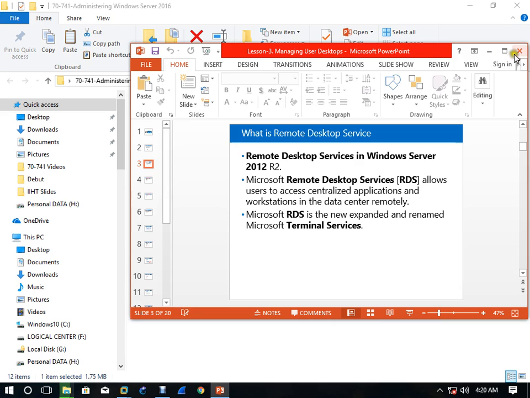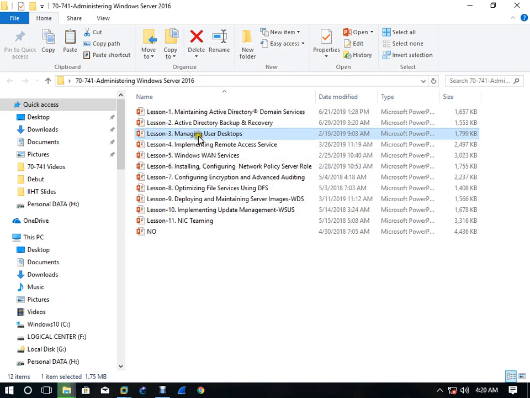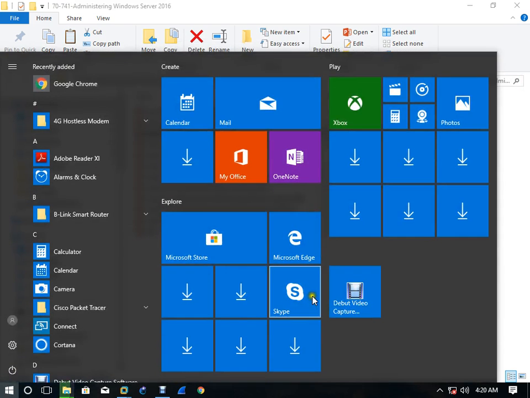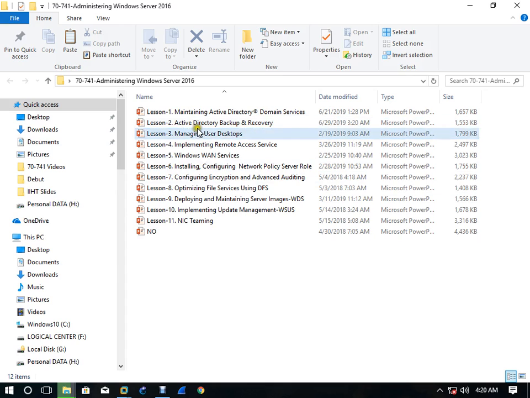Okay, it's not desktop services, you can say managing Active Directory user applications, not desktop services. Managing user desktop and services applications.